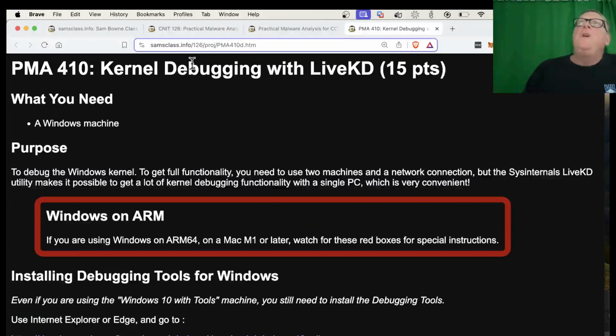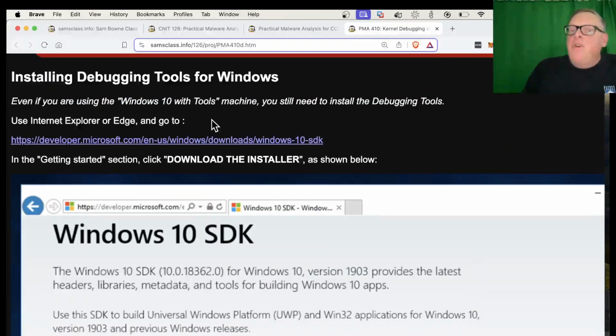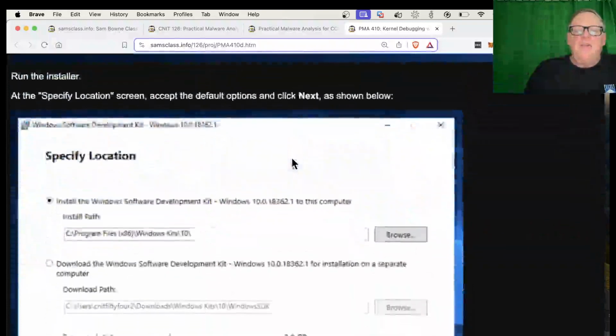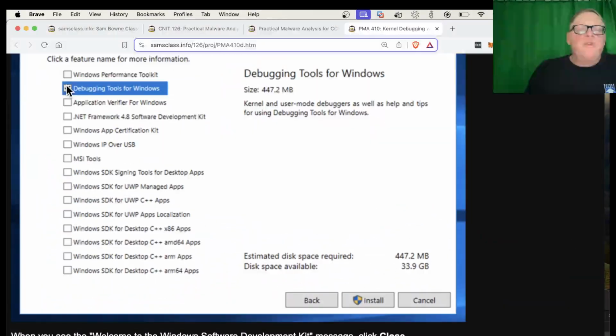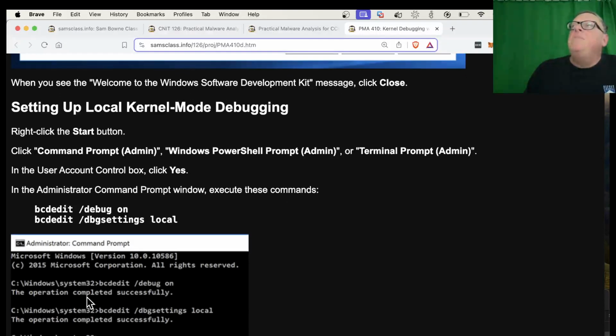And if you're using the old Windows 10 machine I made, do this project exactly as written. If you're using an ARM machine, then look for the red boxes, which are the changes for ARM. So in either case, you install debugging tools for Windows. It's the same in both cases. You go here, download this installer, and then you choose to install debugging tools for Windows, and you can clear everything else so you don't waste time. It doesn't matter if you install this extra stuff, but all we need is debugging tools, and that's about half a gig. Once you're done, then you have to perform these command line commands in an administrator